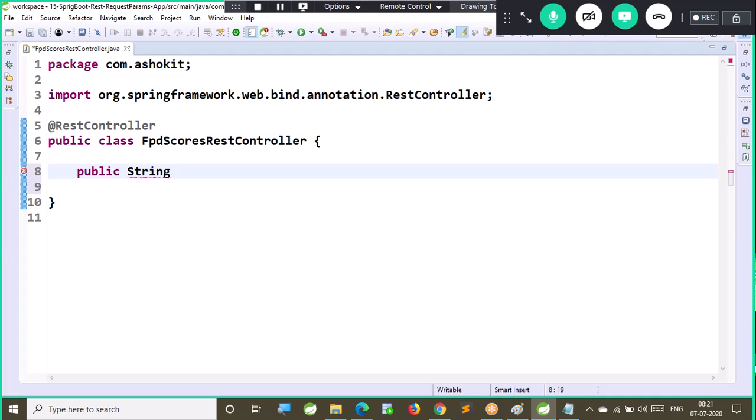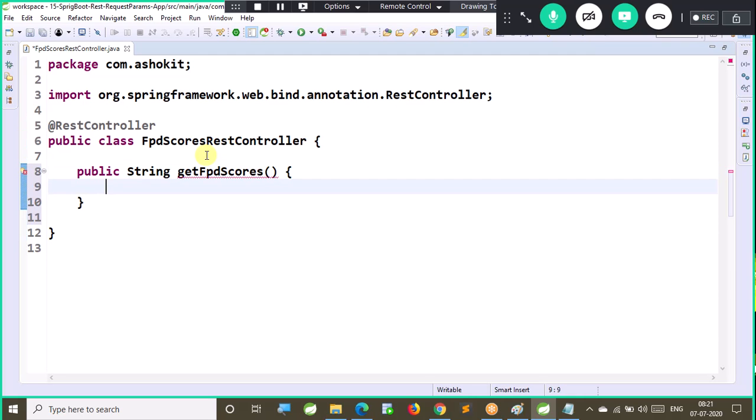Or you can return a number or an integer also, no problem. I'm giving a string message, public String getFPDScores. In order to get the FPD scores, I need a number, that is long SSN.